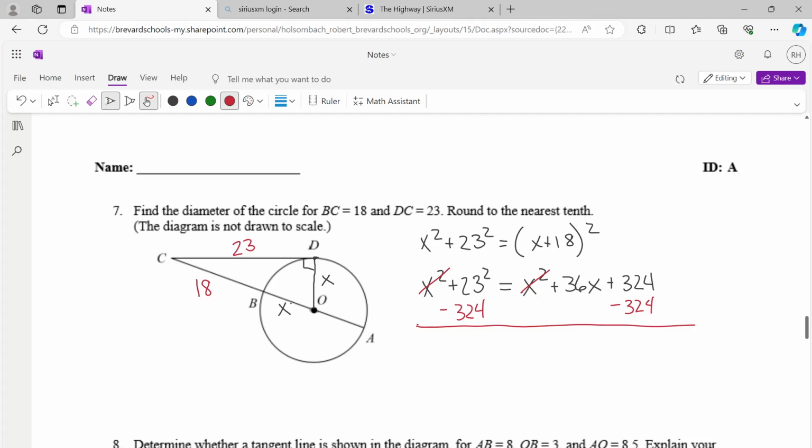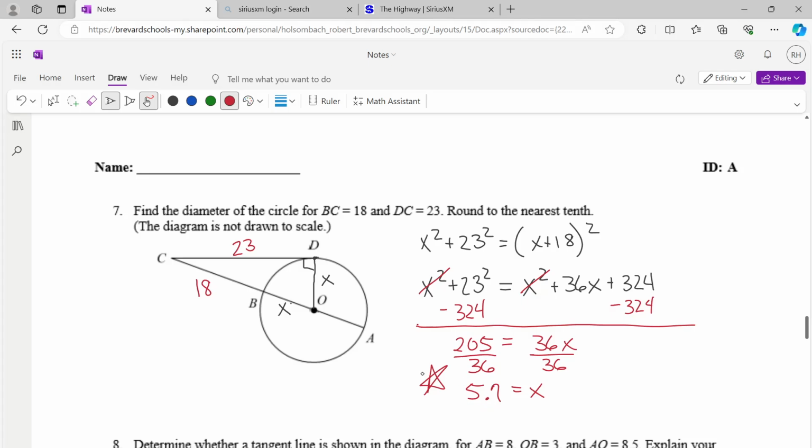So in the calculator, 23 squared minus 324, 205, equal to 36x, divide by 36, and 5.7 is equal to x. Now again, be careful,